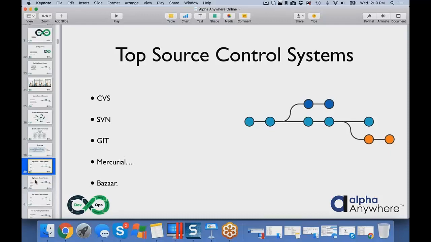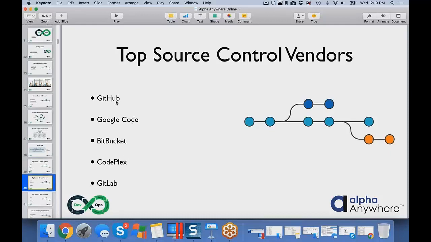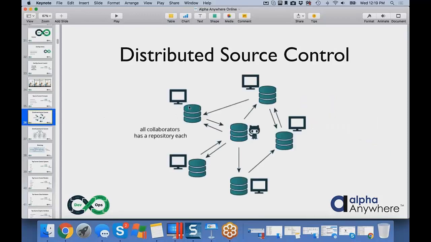Now, the important thing about that is there's some really great vendors out there, and the neat thing is that almost all of them offer free starter kits, meaning you can create a free repository. Again, you don't need to use a vendor. You can download and create a local repository and just do that. You don't have to. But if you want to have someone host a central repository, as I mentioned before, you on your local machine will have a little repository, but up on the cloud will be your central repository. So if you're working with multiple people, you're going to have the Git repository available to interact with them.